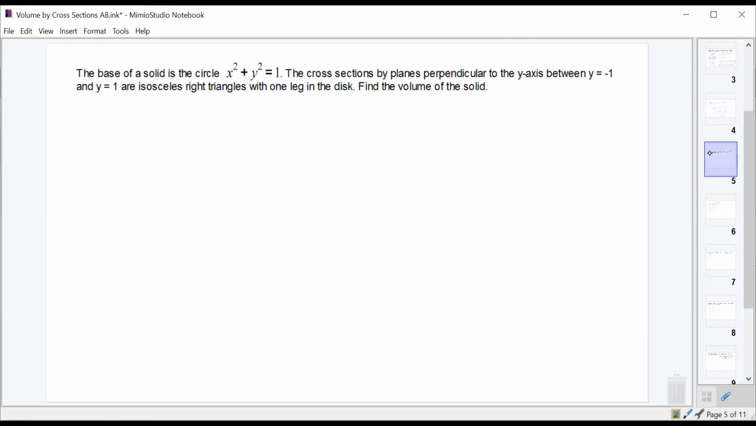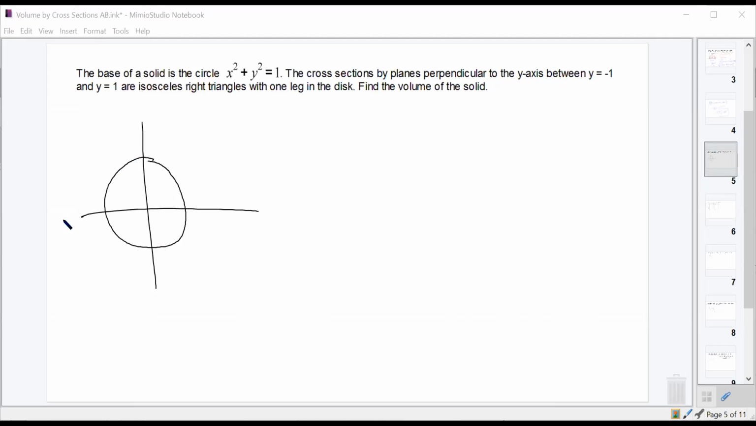All right, let's do another one. Let's do this one in terms of y, which you'll note as we go through here, we'll say the cross sections are perpendicular to the y-axis this time. So we've got the base of our solid is this circle, x squared plus y squared equals 1. And now we have cross sections perpendicular to the y-axis from -1 to 1 that are isosceles right triangles with